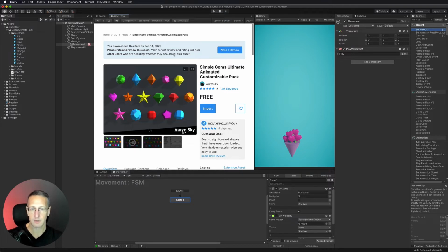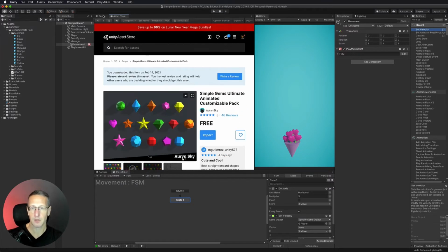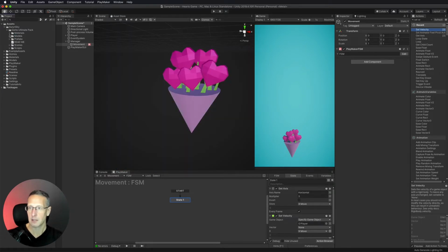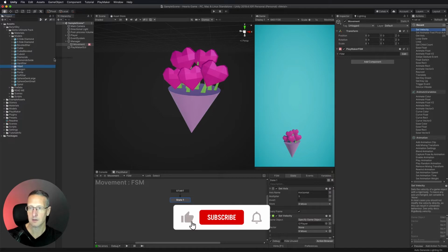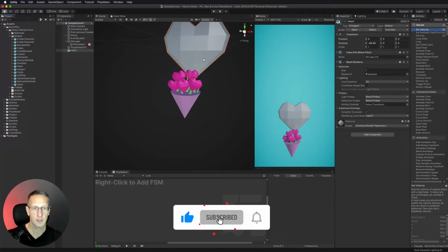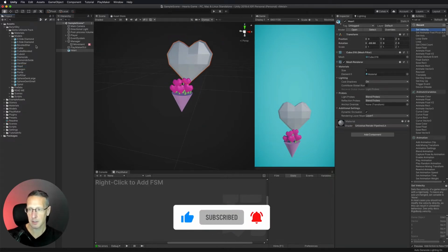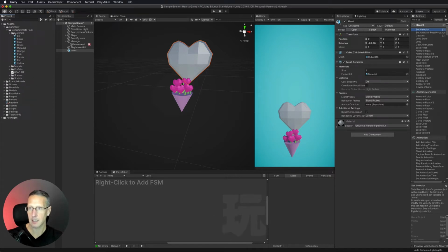And so I've got those gems there. Those are in my project here. And I've got models right here. And here is the heart. I'm going to bring one of those in. You can see that it doesn't have the material attached to it. So I need to go ahead and attach the material. And I've got the pink material. Just drag that right onto the model. And there we go. Okay, so we've got that set up.